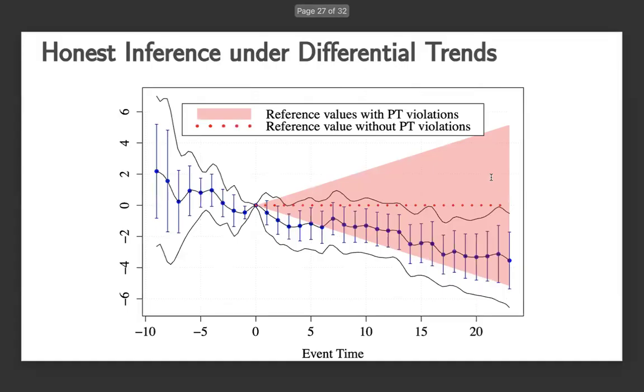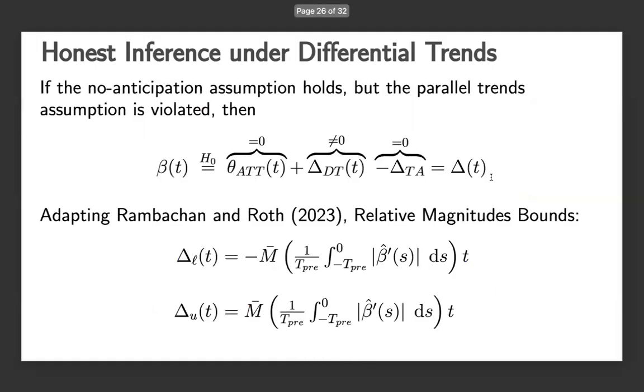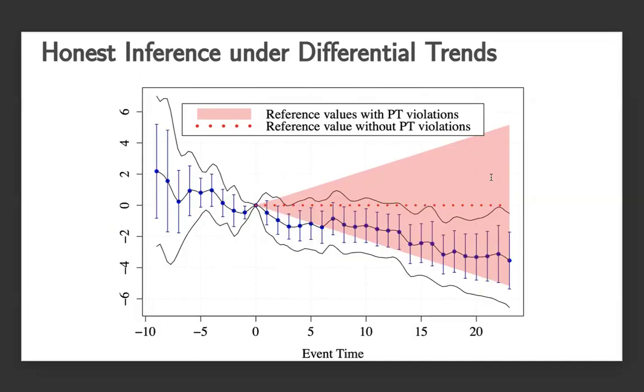So the first bound that we get is like a red cone centered around the horizontal line of beta equals 0, and the width of the bound is related to the magnitude of the DID parameter at the pre-treatment periods. As I said before, here we need to use some information from the pre-treatment period to decide the range of biases of differential trend at the post-treatment periods. So that's why I say the width of the red cone is related to the relative magnitudes of the DID parameter at the pre-treatment periods. Okay,